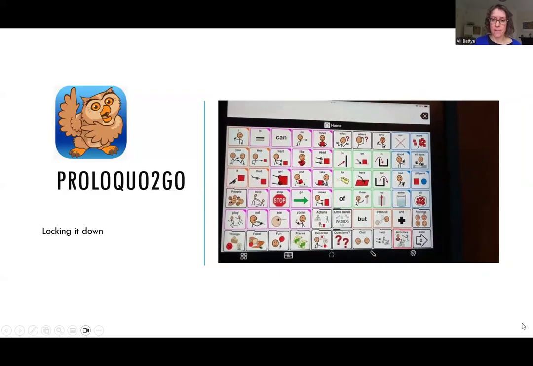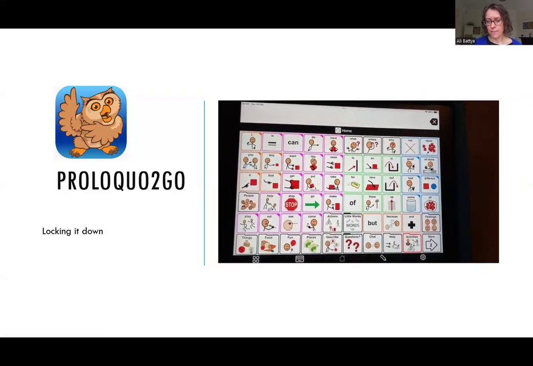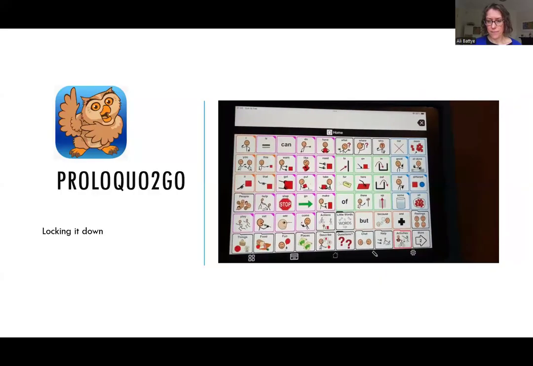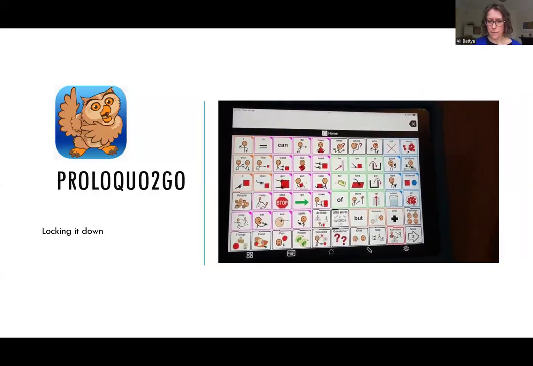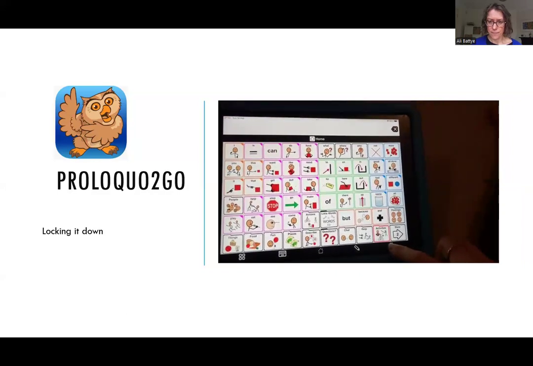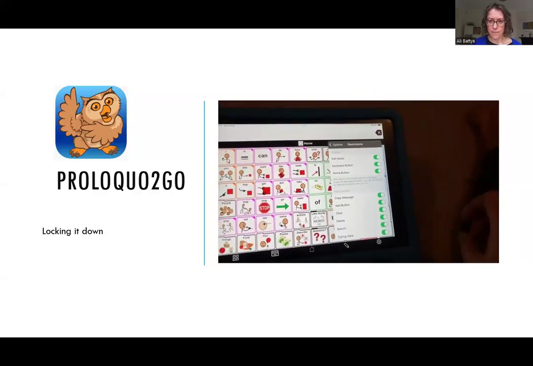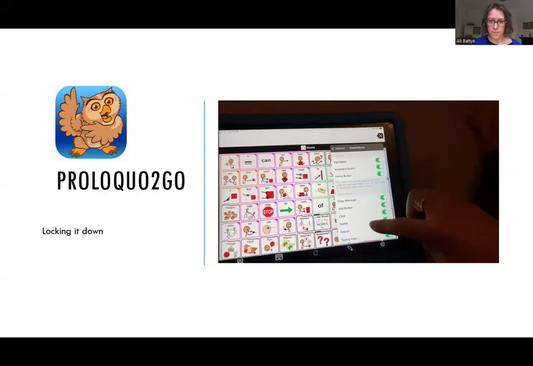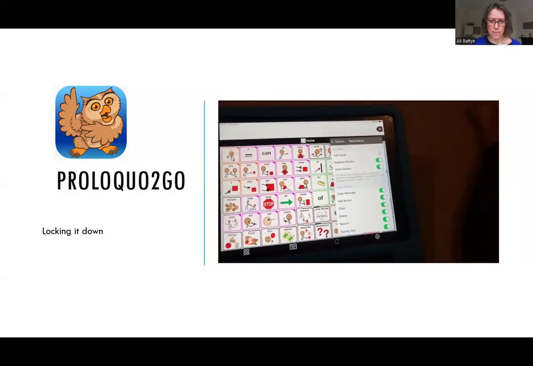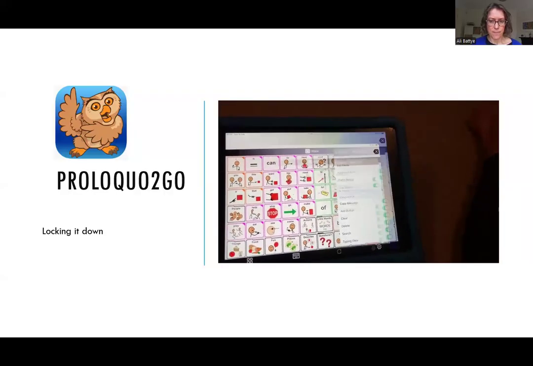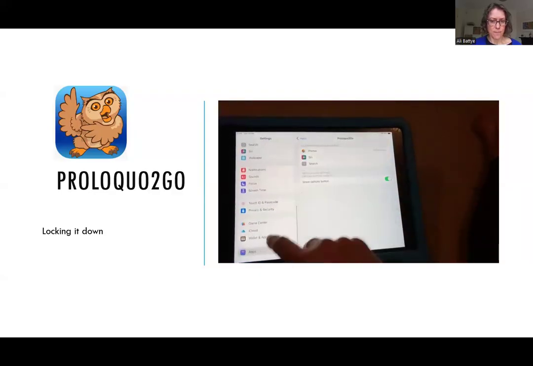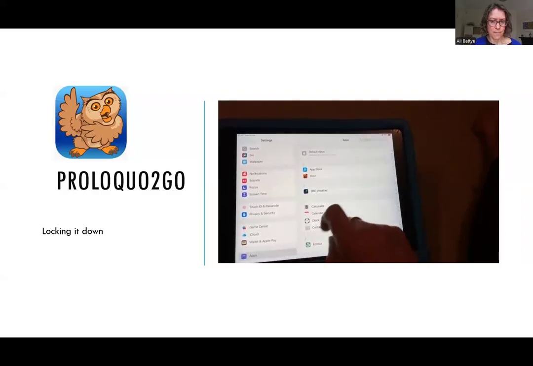And you probably want to hide the option to add sets, just to prevent them accidentally changing their package too much at this step. So go into this cogwheel, and we want to turn off edit mode first of all, so that pencil has now disappeared. Then we will go into the general settings of the iPad and go down to your apps,